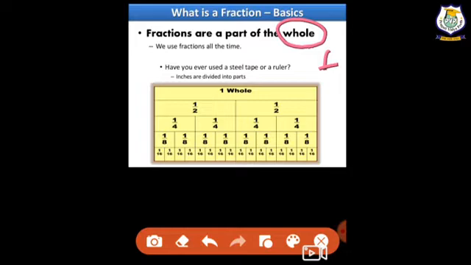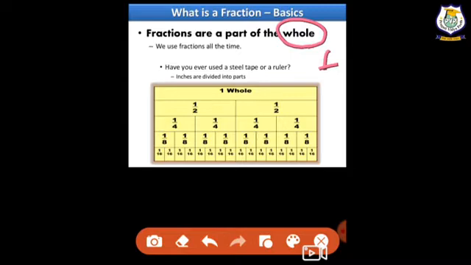But 1 is a single number. How will we divide the 1 into multiple parts? We will divide it with the help of fractions. We use fractions all the time. We have lots of examples where you use fractions, like if you are eating a cake, then how much part you have eaten, you will calculate by fraction. You have seen a pizza has parts, and how many parts you have eaten, we will learn in our next slides.